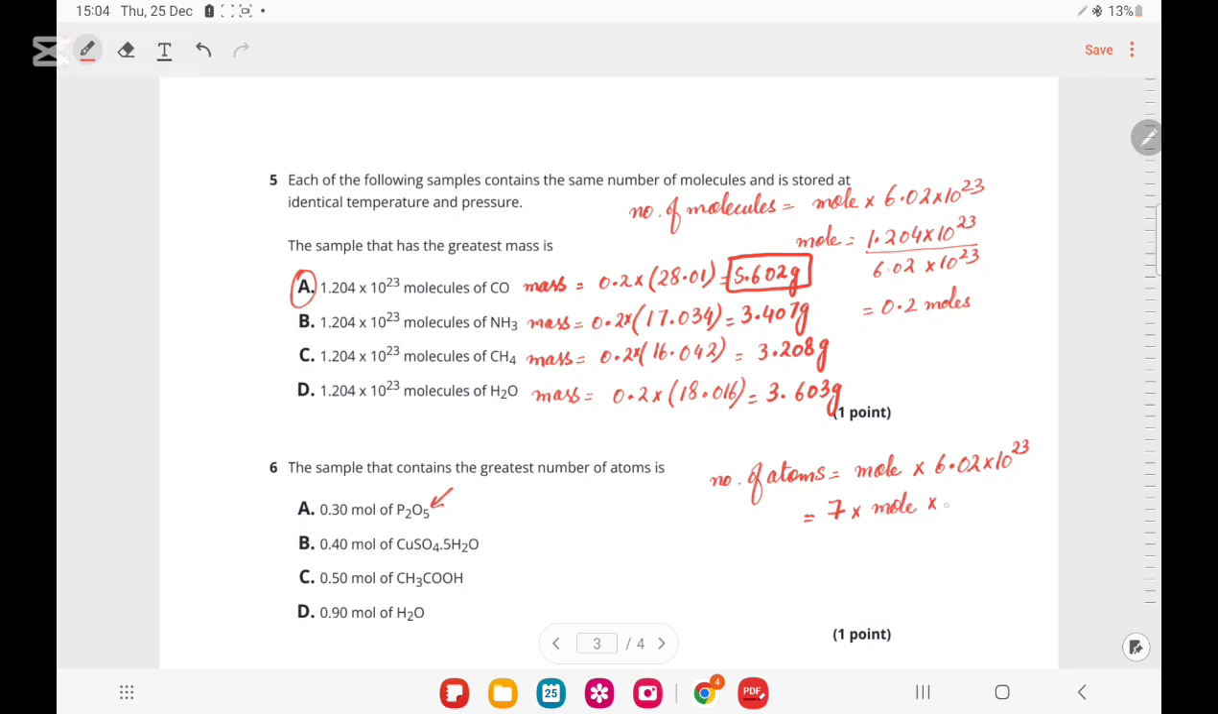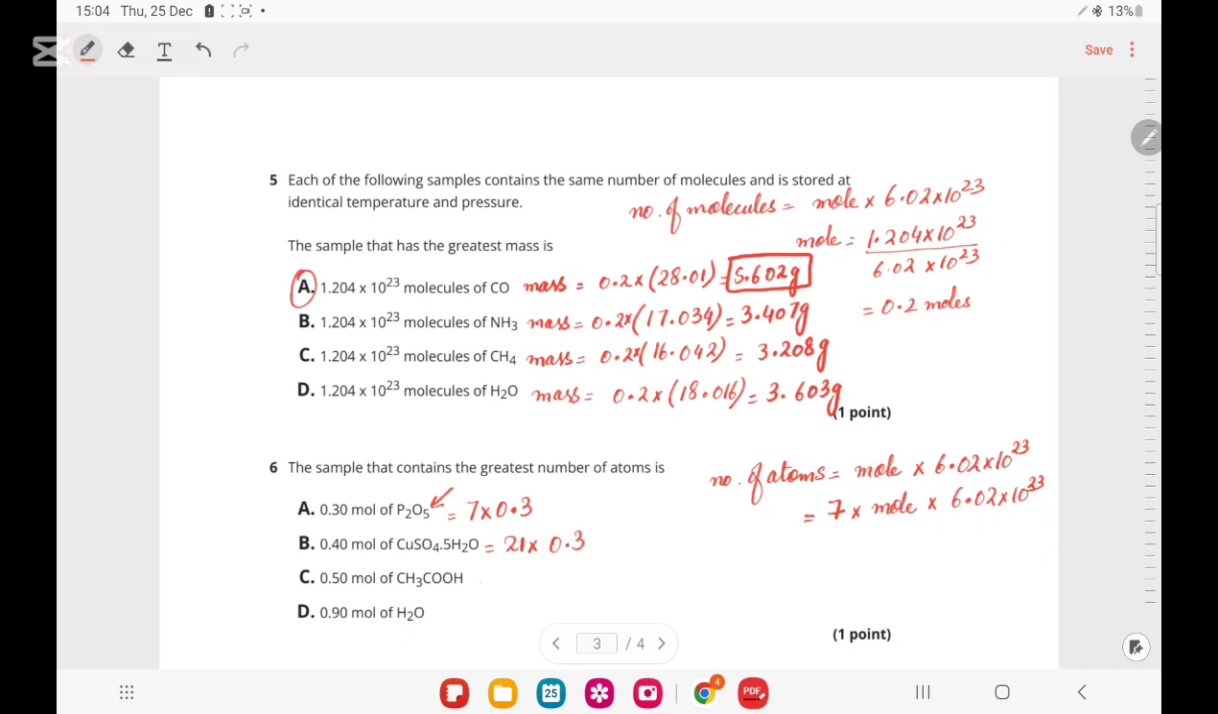Because Avogadro's number is the same for everyone, I'm just going to multiply the number of atoms, like 7 here, with the number of moles. And here, how many atoms are there? Copper is 1, sulfur 1, oxygen 4, that's 6, plus hydrogen is 10, so it becomes 16, plus 5 oxygen, so there are going to be 21 atoms in total, and I'm multiplying it with